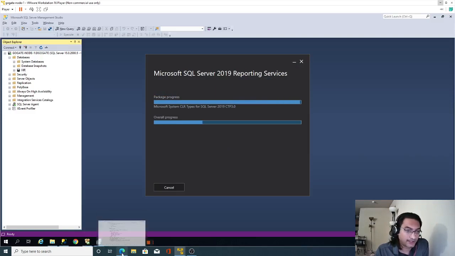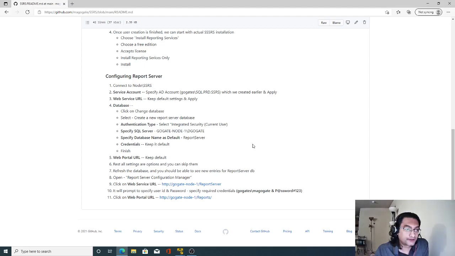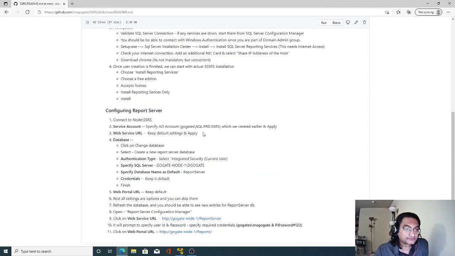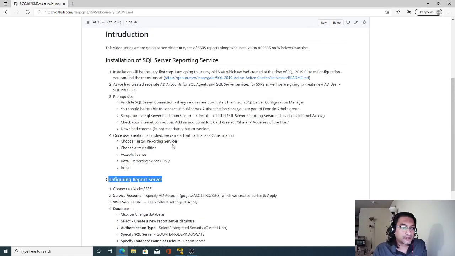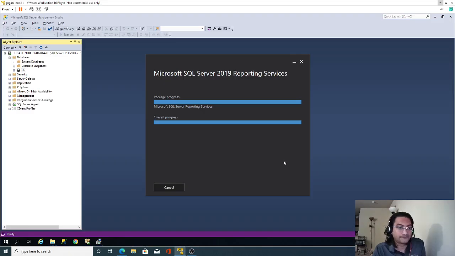So if I go back to my documentation, this is for reporting configuration. We are following this step right now, the fourth step. Let's wait for this to finish.